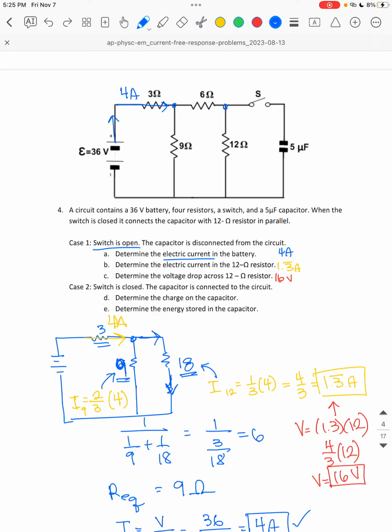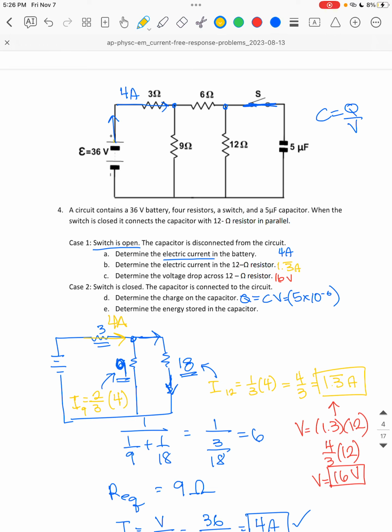Okay, so for case 2, the switch is closed, and we want to know the charge on the capacitor. C equals Q over V, which means Q is equal to CV. I know the capacitance is 5 times 10 to the negative 6, which is microfarads, and I just need to find the voltage across the 5 microfarad capacitor. What I know is that